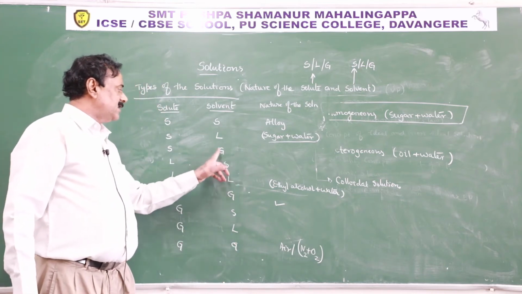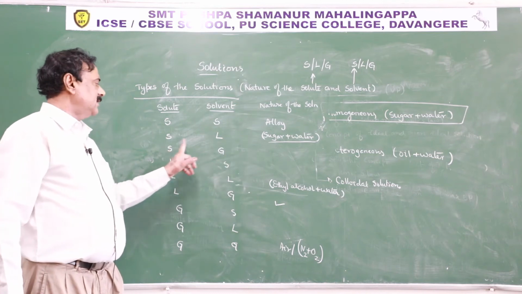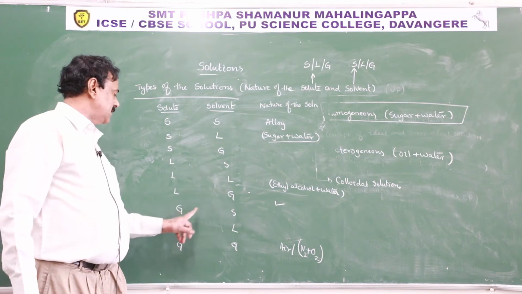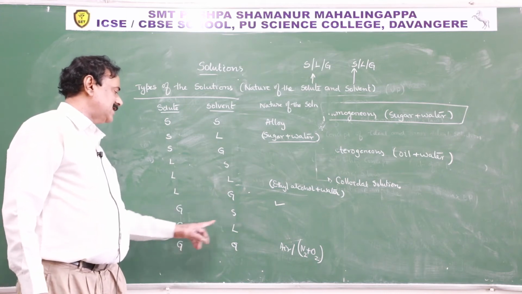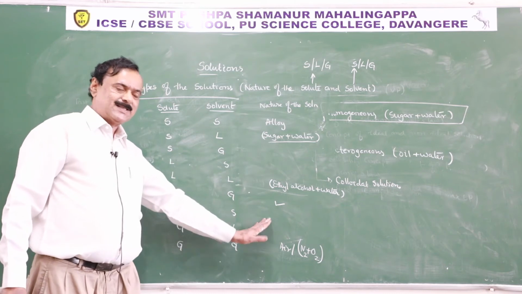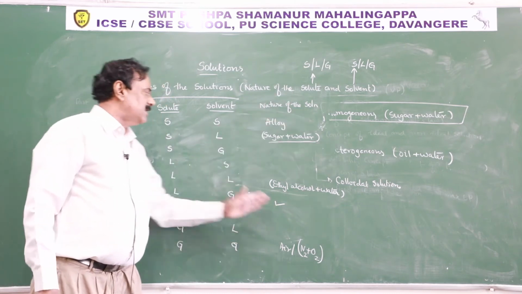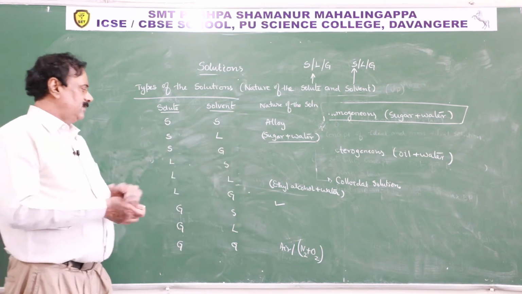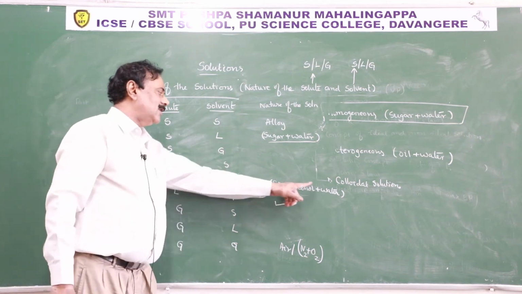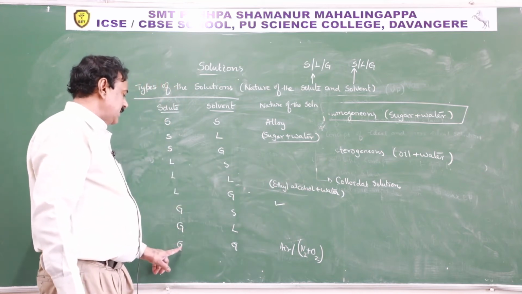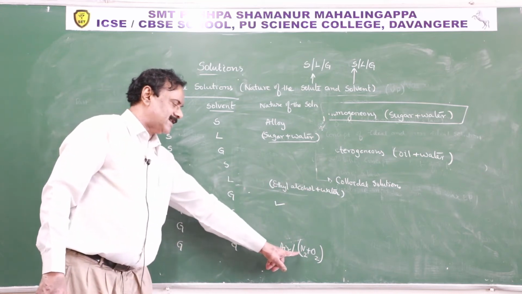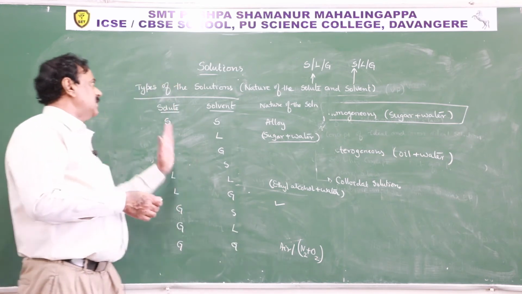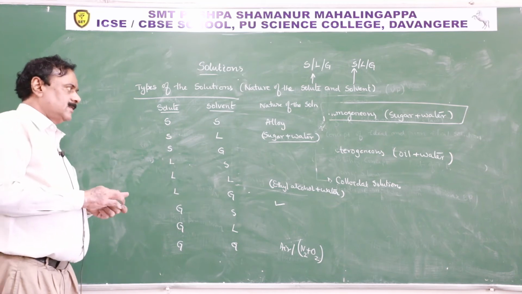Whereas the remaining examples you have to study: solid in gas, liquid in solid, liquid in gas, gas in solid and gas in liquid. I mentioned a few examples. In your surroundings you have to observe the different types of solutions. Both are liquids, ethyl alcohol and water, whereas air is a good example for gas in gas type of solutions. These are the different types of solutions. Now,